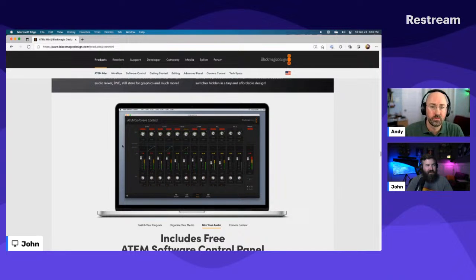What I like about the ATEM a lot is the audio processor that's built into it is really powerful. You have a compressor, you have things like a limiter and an expander, to where you can really adjust and bring in an okay microphone and make it sound extraordinary.